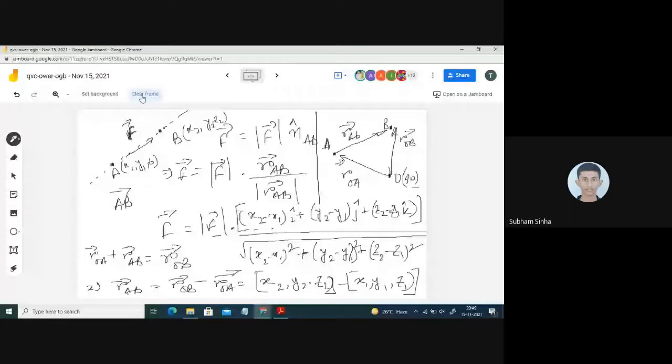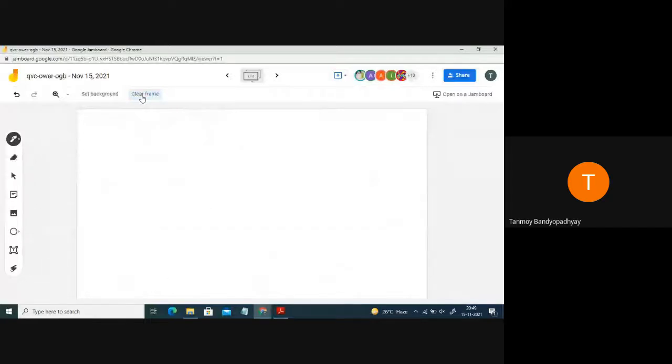Yes, sir. So next there will be certain problems where we will be given the inclination of the forces. So let me draw this one. This is in the book also. You can refer to the book also, but I am trying to draw this one. Drawing here is very difficult, while drawing something on the board in class is much easier. So you can refer to the book also along with this one.